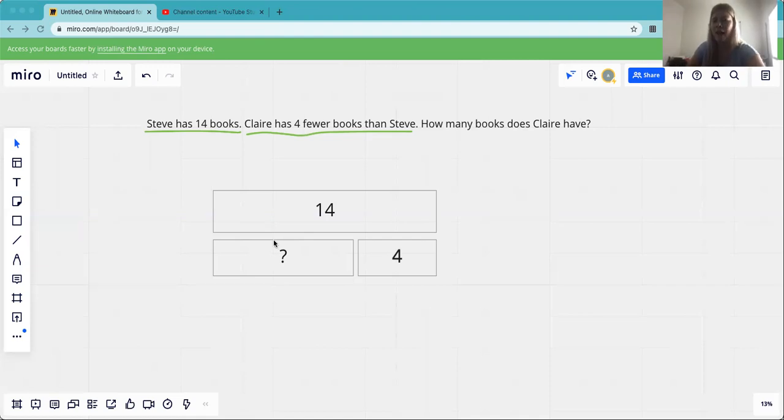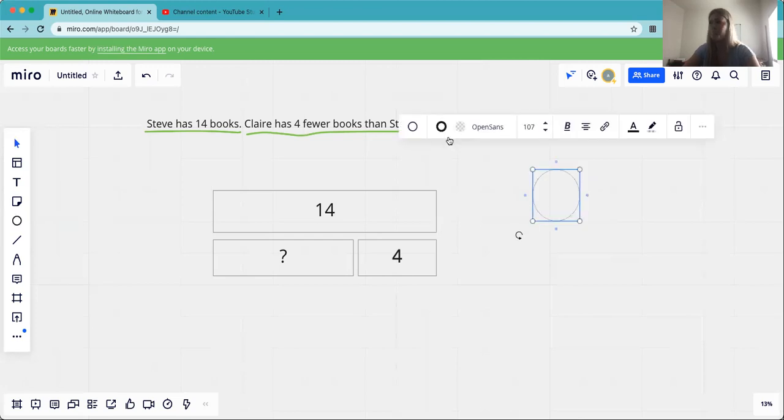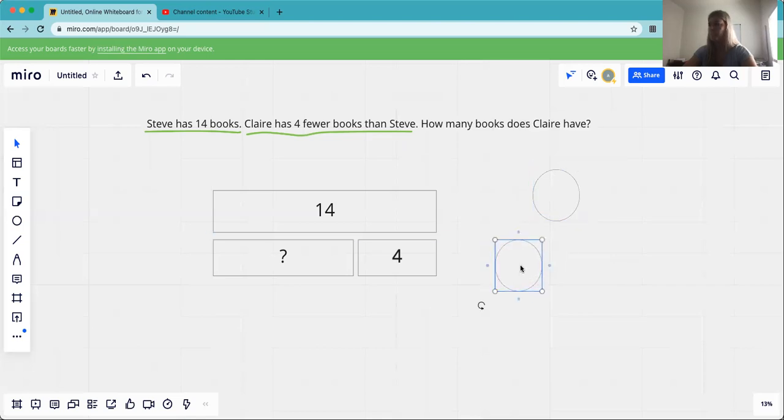So how does this bar model help me solve this problem? Well, it lets me see that Steve has 14, and we can also see that there are 4 fewer books that Claire has. Since we know the whole and one part, we can find how many books Claire has. If I took it over here and did a part whole model here,